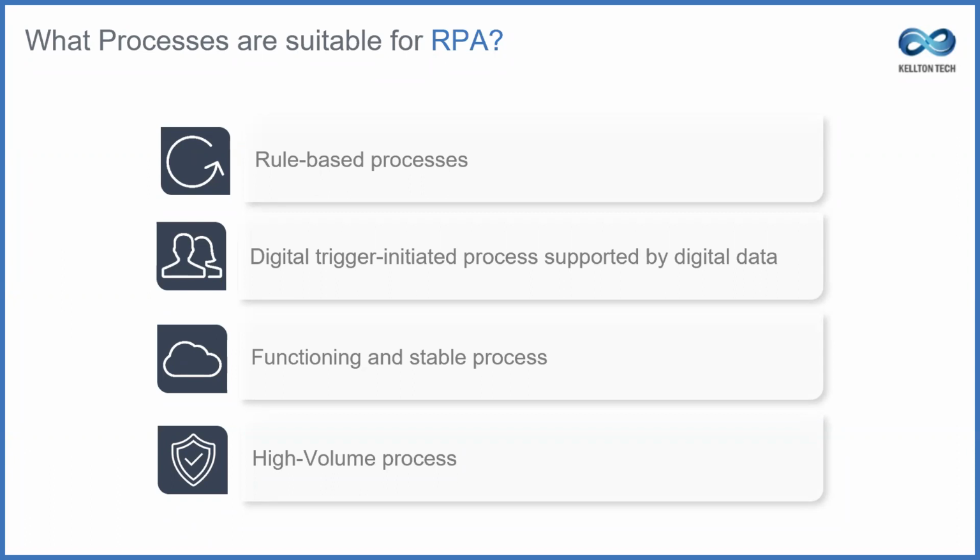RPA's ability to control user interfaces in the same way humans do is one of its most important features. One significant benefit is that RPA can easily link different systems that would otherwise be incompatible. Your team, for example, may need to check Salesforce on a regular basis in order to manually move customer data to the ERP system. That's an example of a suitable process for RPA.